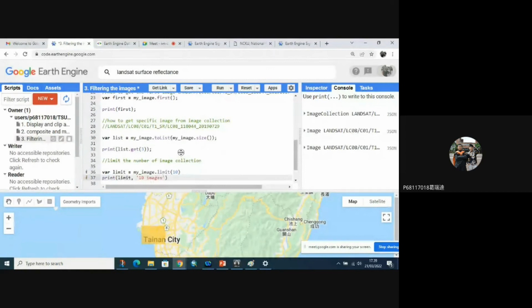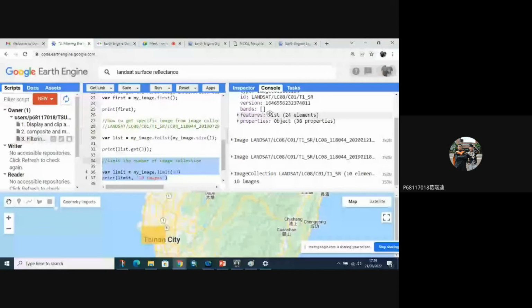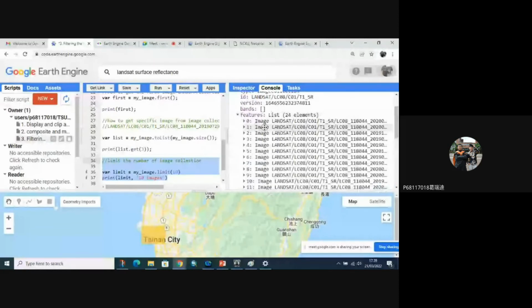Keep the name. Okay, run. Yeah, the difference is that the first one had 24 images, and after we do the limit, the number changed to 10 images. It selects the top 10 from your list: 1, 2, 3, 4, 5, 6, 7, 8, 9, 10.